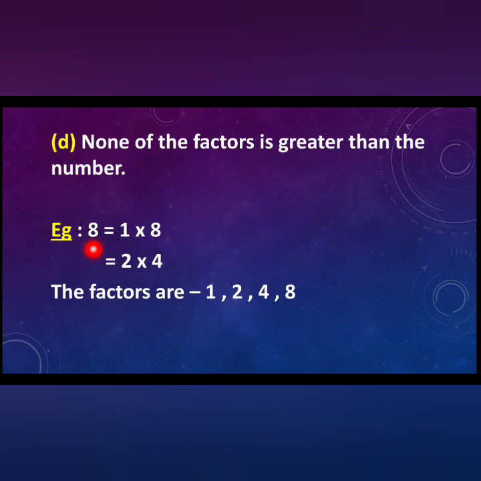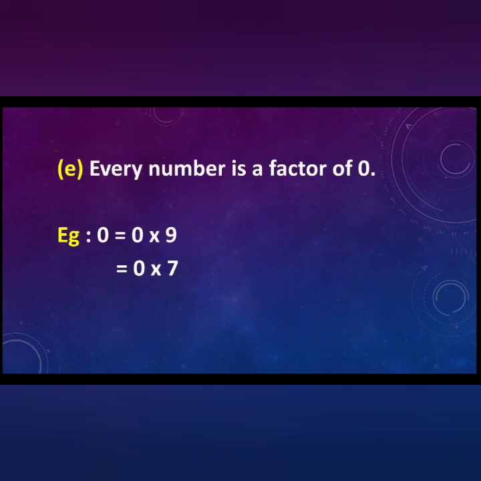Okay. So all of you have understood this one. It is what? That we can say the factors of any number, the greatest one is the number itself. In the factors of 8, no number can be a factor of 8 which is greater than 8. Now moving to the next property of factors.